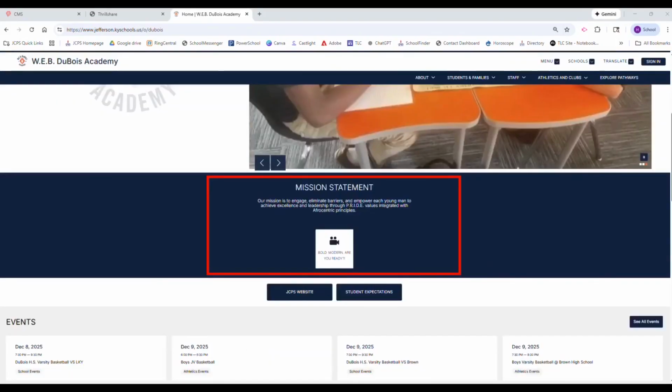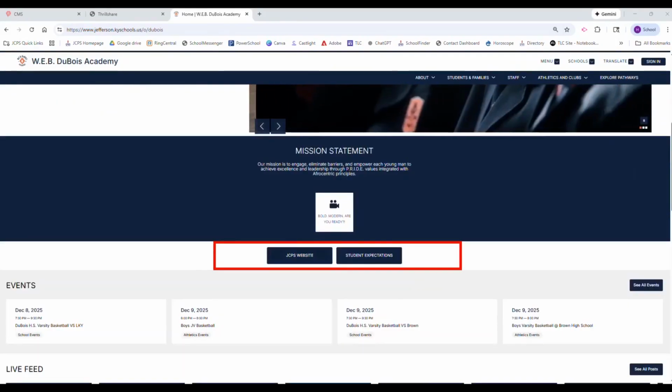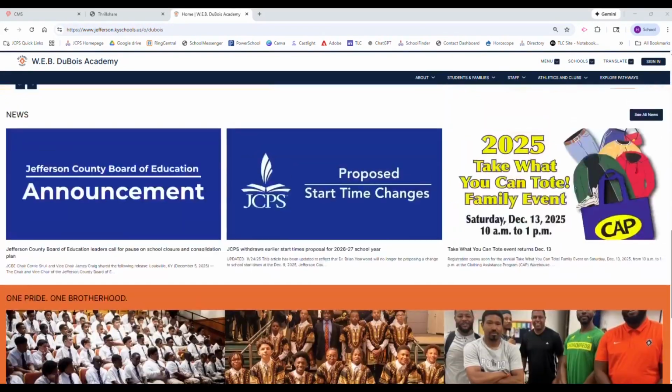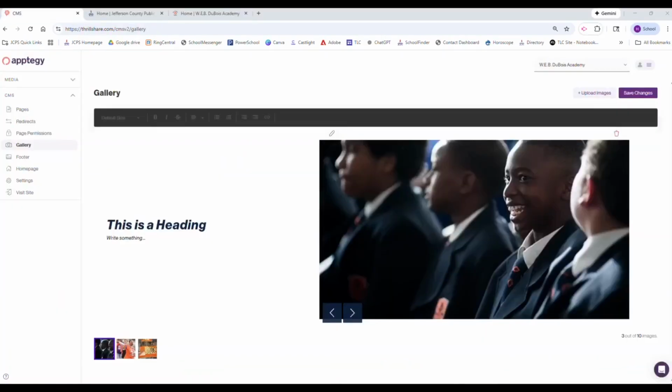Next, we will discuss the mission statement, the buttons that are available. Then we have what's called a Why Us piece, and then of course the footer. So that's what we'll cover next. Now, before we get too deep into the gallery and actually the footer, both of those can be edited from the homepage. So for now, we will go ahead and skip the gallery and footer and go directly to the